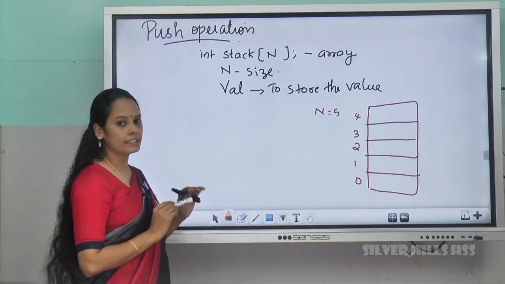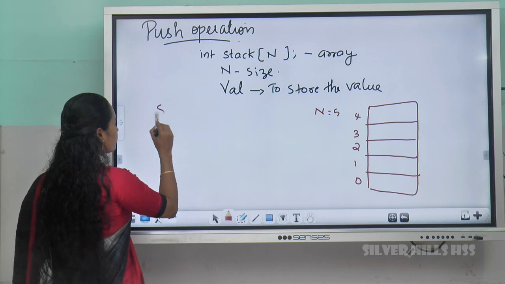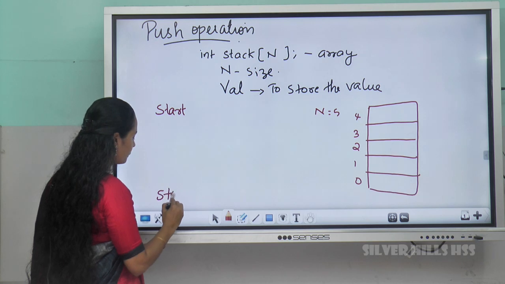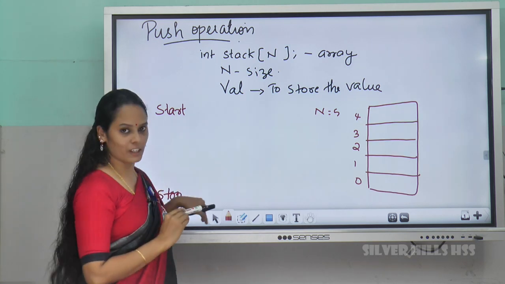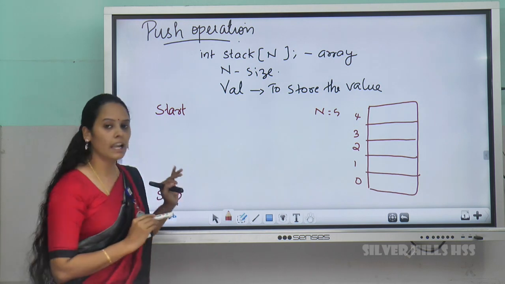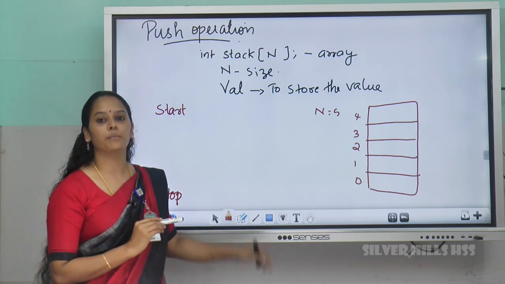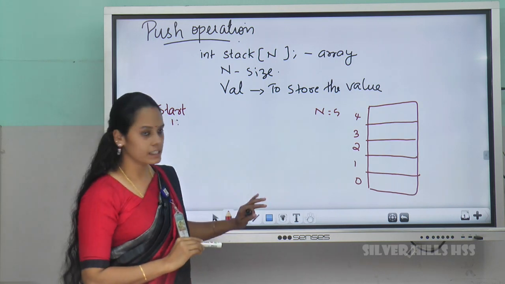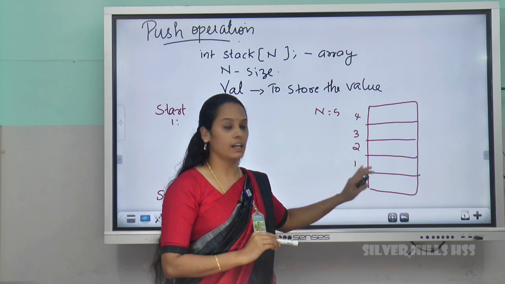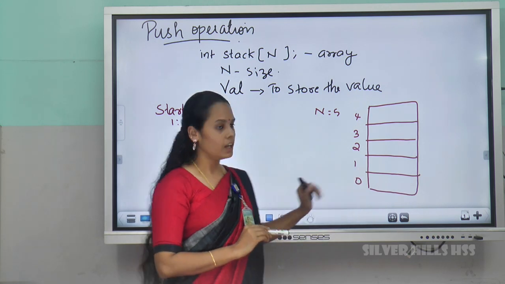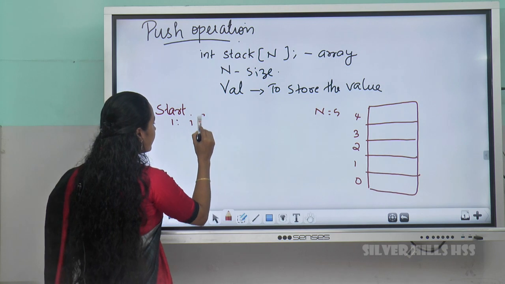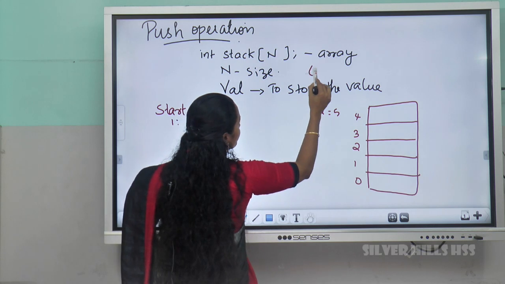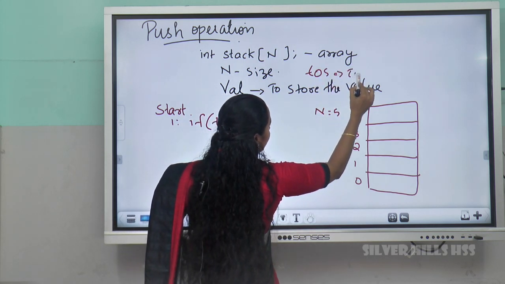And then when you are writing the algorithm, first you know the first step of an algorithm is what? Start. And the last step is what? Stop. I know all of you know this one, right? Start is the first step and stop is the last step. In between this, we have to write the remaining steps. So step 1. What is the step 1? Step 1 is we have to check whether the stack has space inside that. Okay, so to check the space availability, we have a condition if TOS. TOS means top of stack.